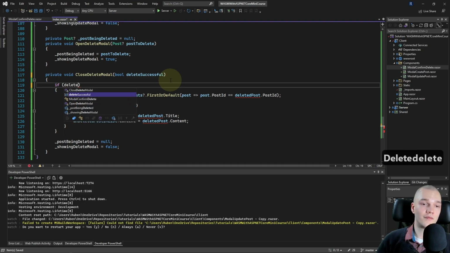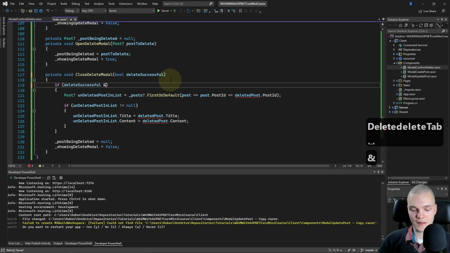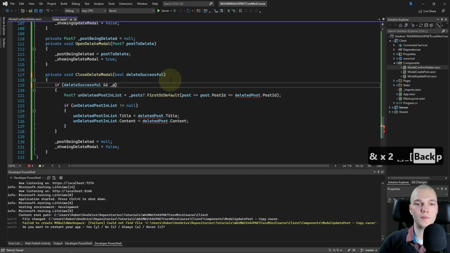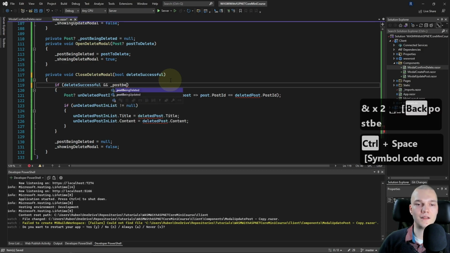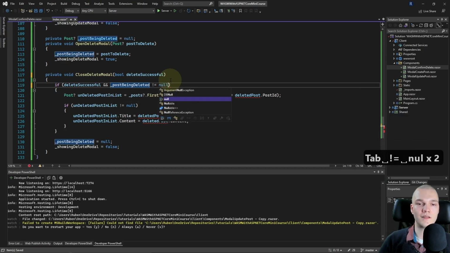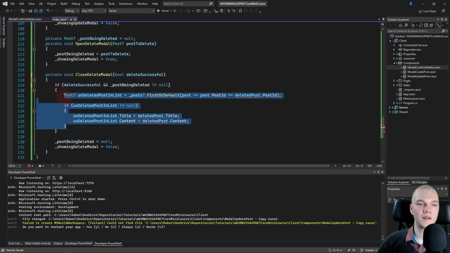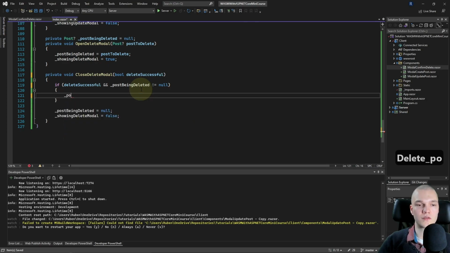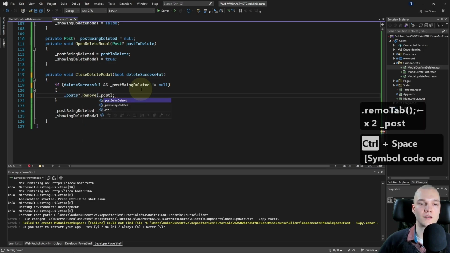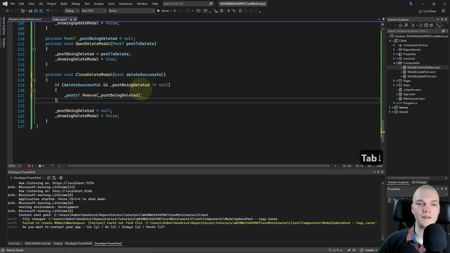So I'll check if delete successful and the underscore post being deleted isn't null. Then I want to do underscore posts, check if it's not null, dot remove, and we will remove the underscore post being deleted.